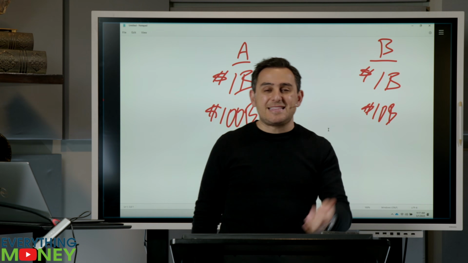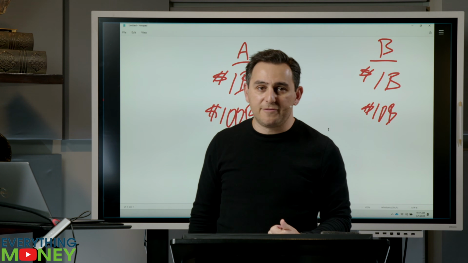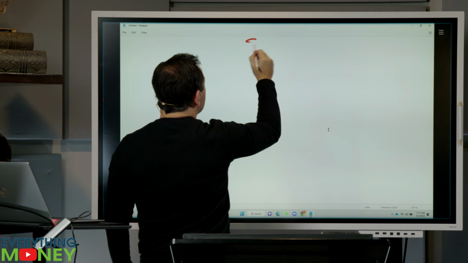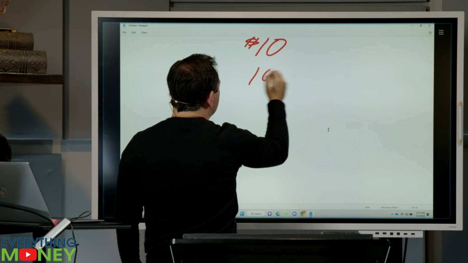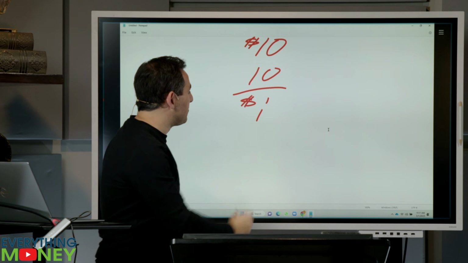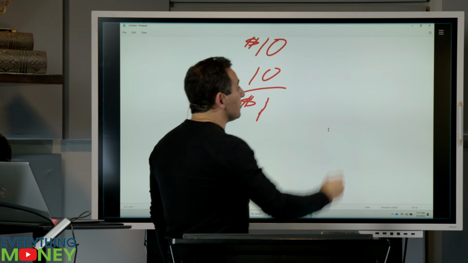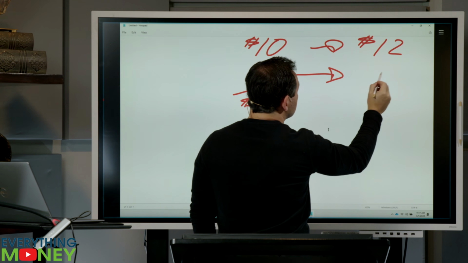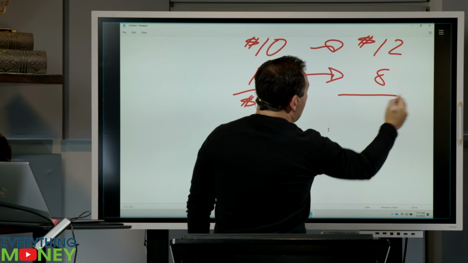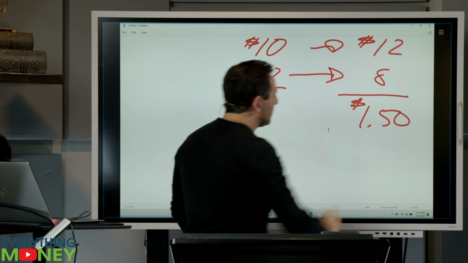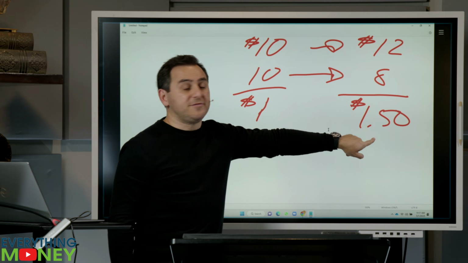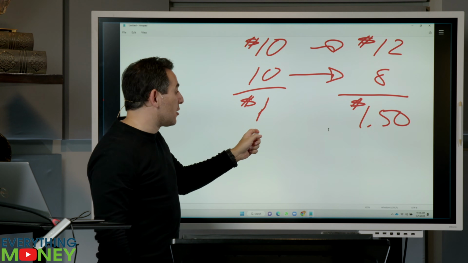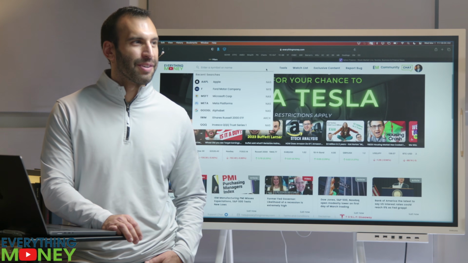Exactly. So when they take that free cash flow, the more and more free cash flow they have, let's say the company is selling for cheap. Let's say the company makes $10 and they have 10 shares. That's $1 per share in profit. If they make $12 now and they buy back 2 shares, 10 went to 8. Now all of a sudden your earnings per share went from $1 to $1.50, even though total profit only went up 20%. Is a company worth more if it makes $1 per share or $1.50 per share? $1.50 per share.